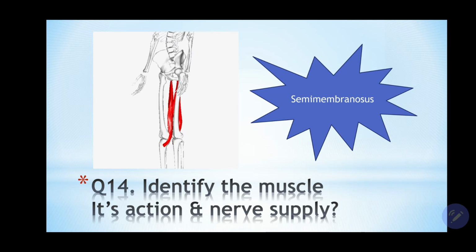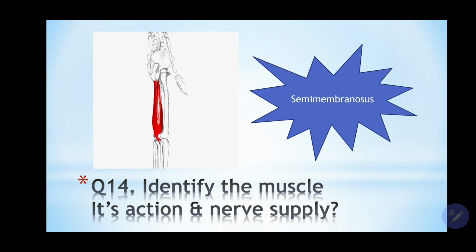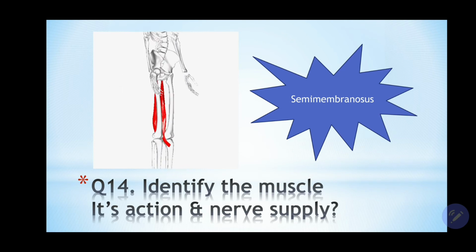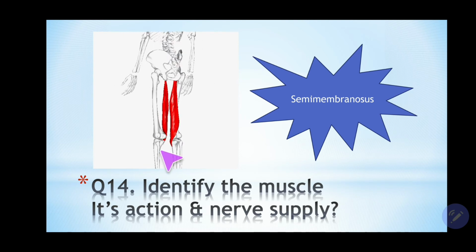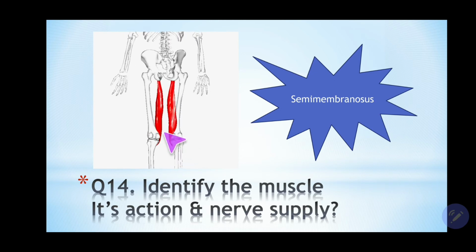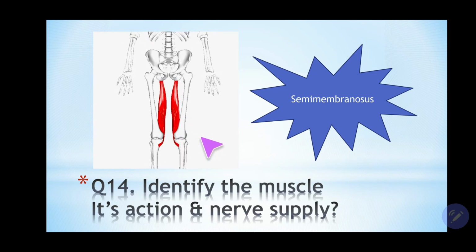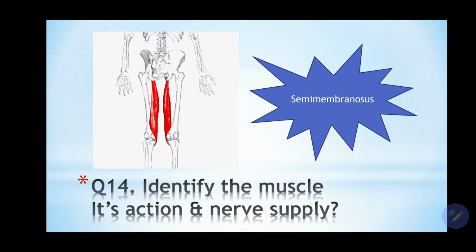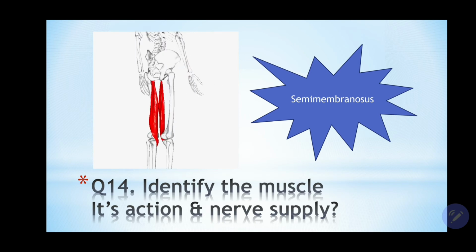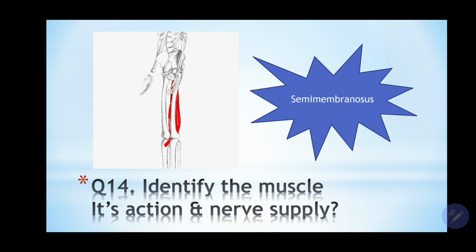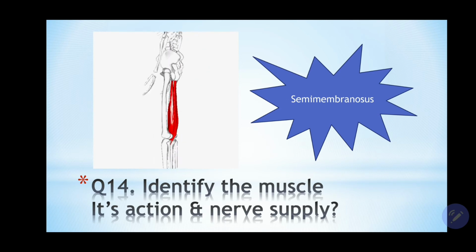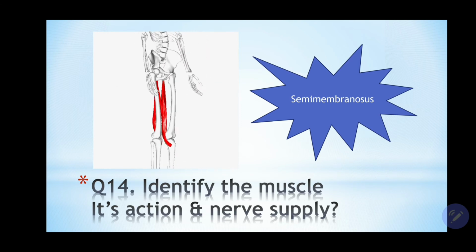Got it? And furthermore, an important point is that when this muscle inserts onto the posterior surface of the medial condyle of tibia, its aponeurotic fibers pass laterally to cover the capsule of the knee joint. Those aponeurotic fibers of semimembranosus, spread along the capsule of the knee joint, are called the oblique popliteal ligament. Okay,